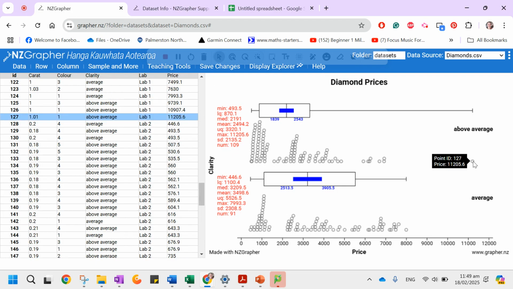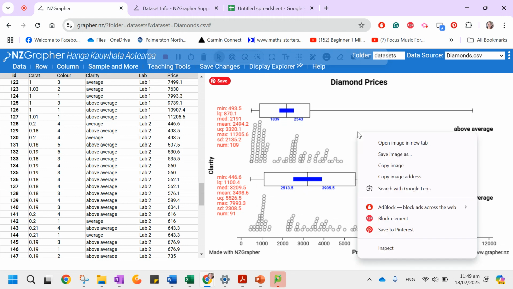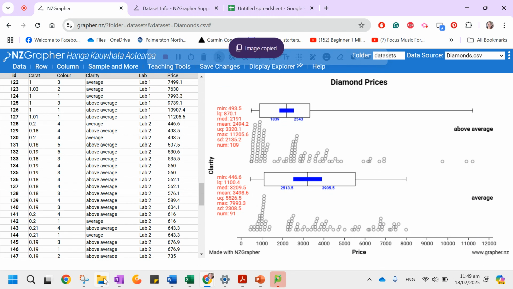What you can do is start looking at these outliers and making notes about them. Okay, so we've got this one here is above average. It's got a color of 3 and a carat of 1. We've got that one there. We've got that one there. Okay, so we can actually do some extra investigation about those bits of data if you are wanting to talk about them. Right click, copy image,